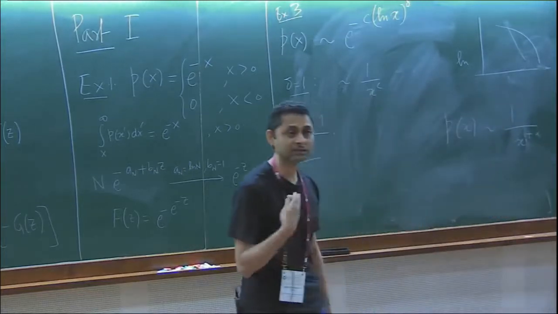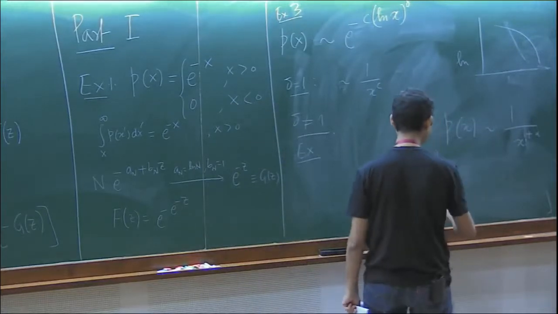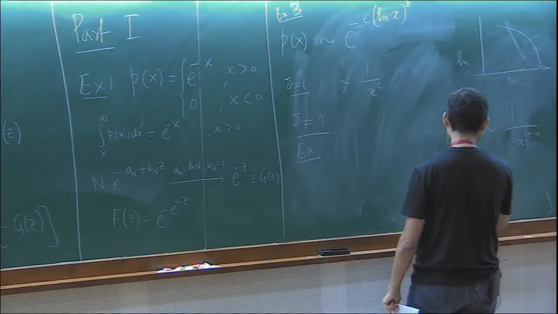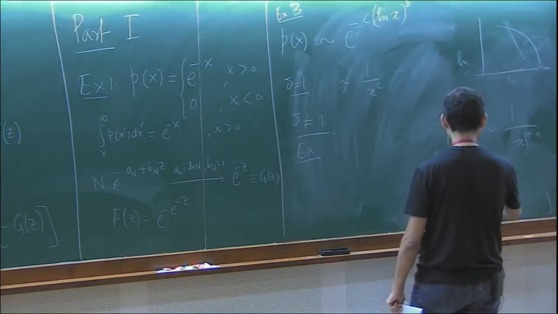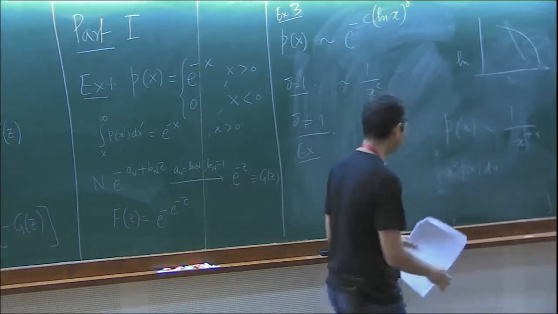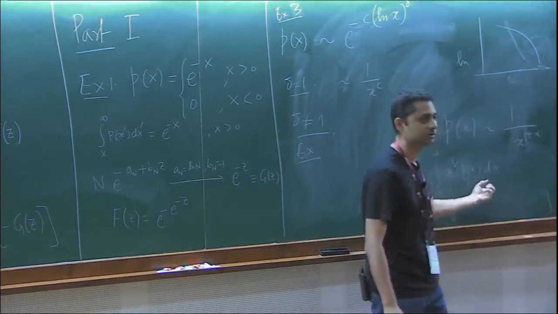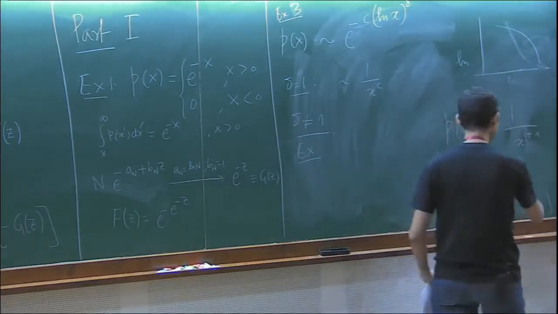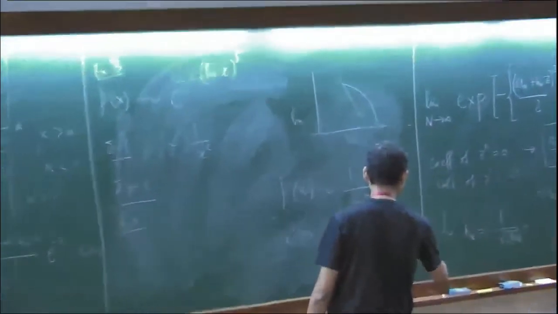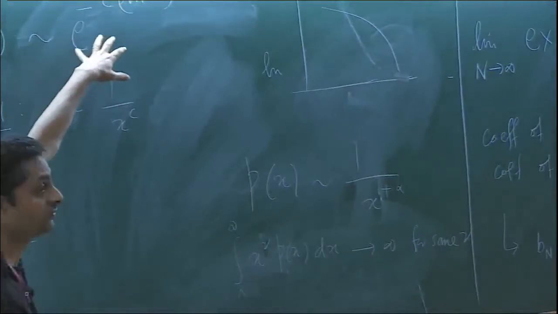So if I look at some moments, or if I just consider some integrals like from some large number to infinity of x to the power nu times p(x) dx, then for some suitable nu, depending on this alpha, this is going to diverge, right? This is going to infinity for some nu. Now show that for this function,